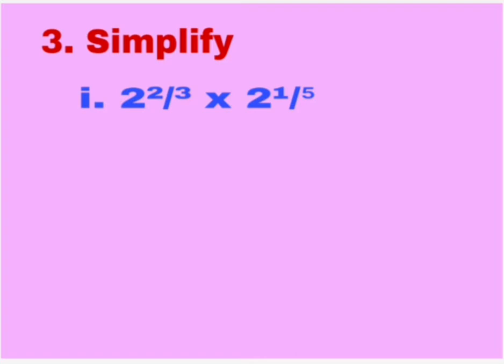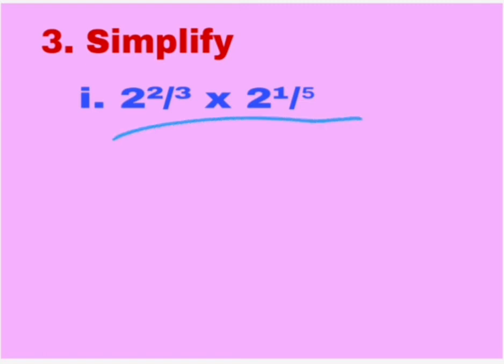In that first sub question is 2 to the power 2 by 3 into 2 to the power 1 by 5. So here if you convert this into roots, because here we have 1 by 5, it will become fifth root. And if you split 2 by 3, it means 2 into 1 by 3, which is a cube root. So if you split it, then it is of no use. Okay. So don't go to split this. Directly you apply your laws of exponent to simplify this question.